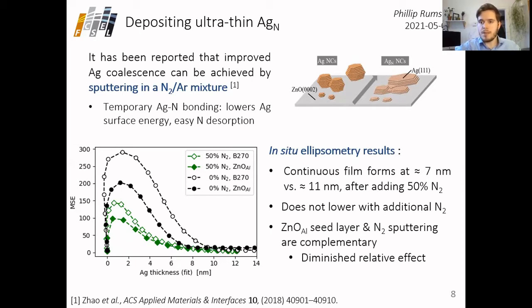So you're left with silver that has its normal optical properties, that's quite pure, but you still get to have the advantage of the shifted morphology and the shifted growth process. And as we can see looking at these in situ ellipsometry results, there's quite a large advantage to doing this, especially without zinc oxide. There's this very dramatic shift where the continuous film forms around 6 or 7 nanometers as opposed to 10 or 11 nanometers with the addition of 50% nitrogen